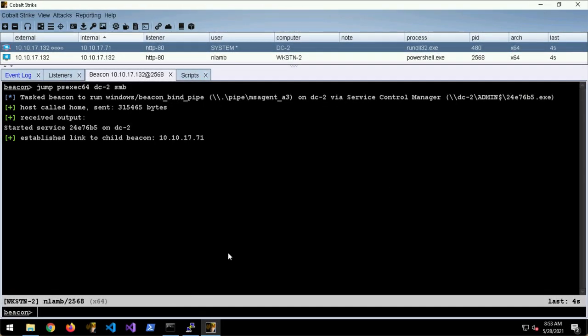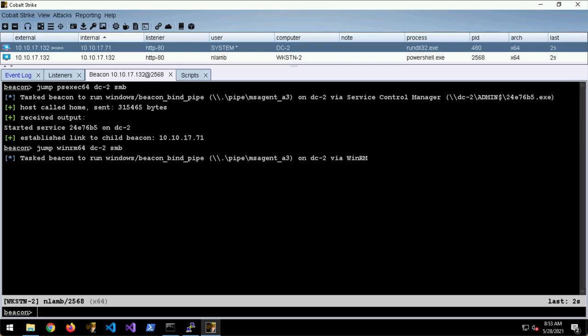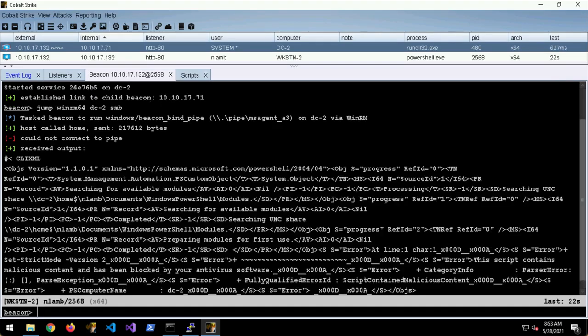Okay, so even though this artifact now works, I'll just make it a point to demonstrate that WinRM still does not work. Okay, so this still contains a virus. Let's just exit out of this. Now the